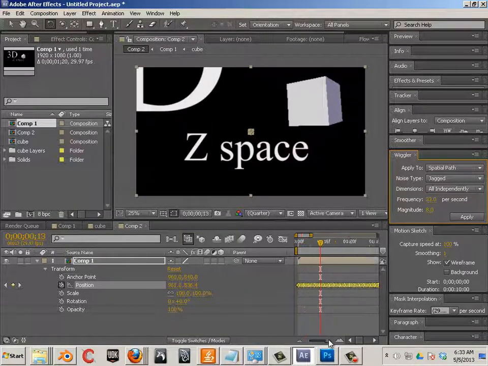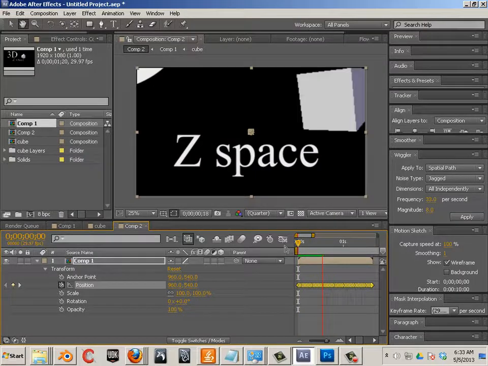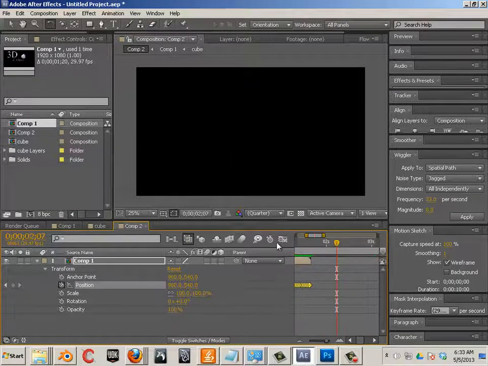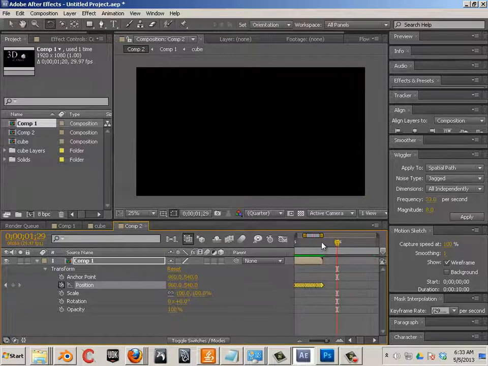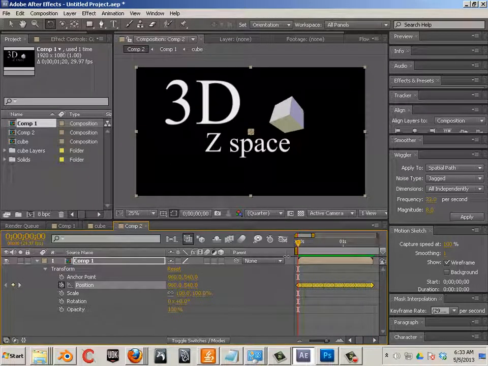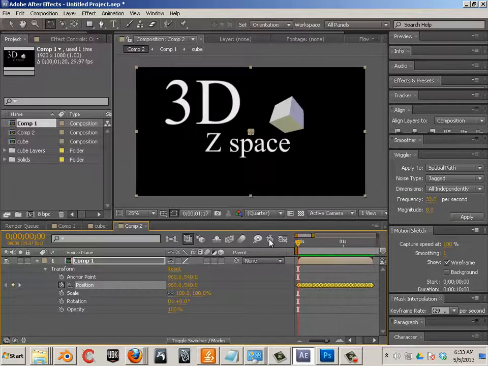Now you can see there's 29 frames or 33 frames per these frames. That's the rate of seconds. And if I hit spacebar, you can see how shaky that is. But it's the same illusion as what you would have on the camera itself. Just a little bit smoother because there's no Z positioning.